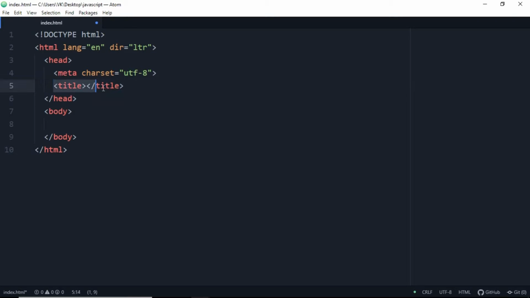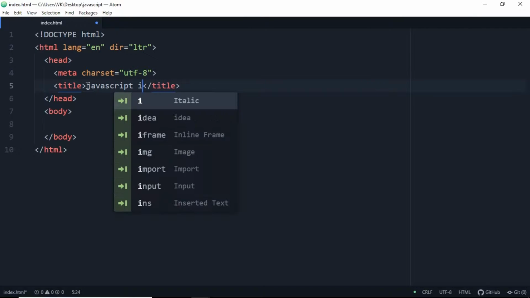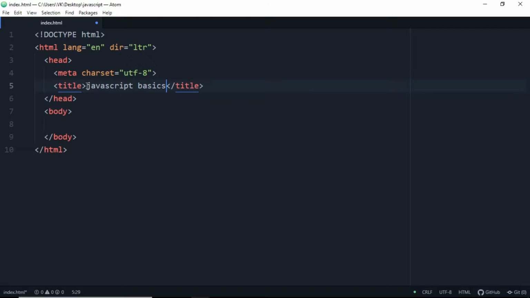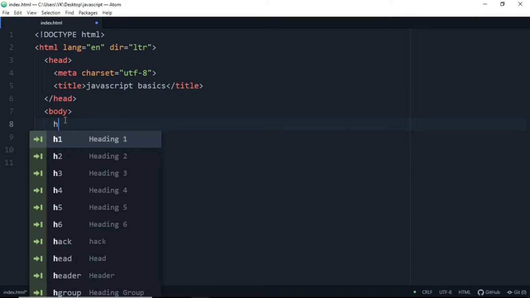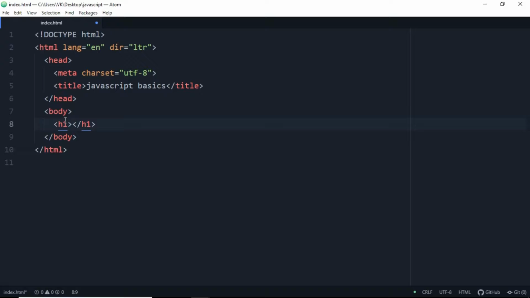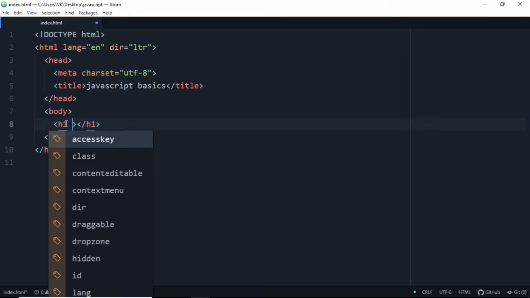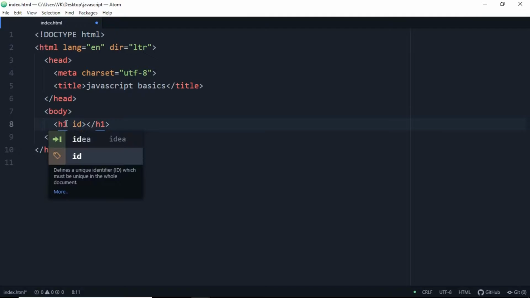So let's change the title to JavaScript. This will be your website title. Also, it doesn't matter here because we are not going to use the localhost or something here. So let's make it JavaScript basics, and let's go into our body tag and write h1 here. H1 is basically a kind of text which has a bigger size compared to h2, h3, h4, h5 and h6. These are heading 1, heading 2, heading 3. As the number increases, the importance of the text size decreases.